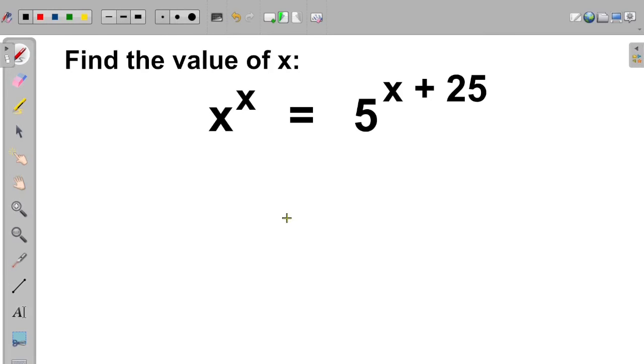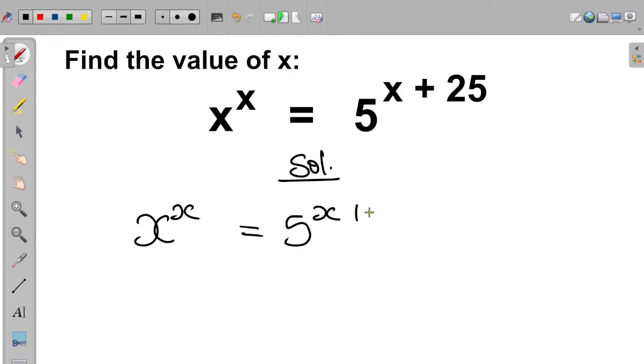Hello everyone. Let us provide the solution to this question given to us. So we are asked to find the value of x. So we have that x raised to the power of x is equal to 5 raised to the power of